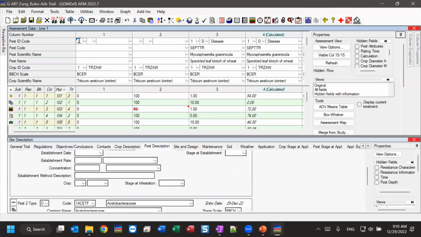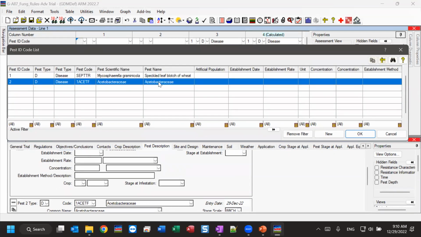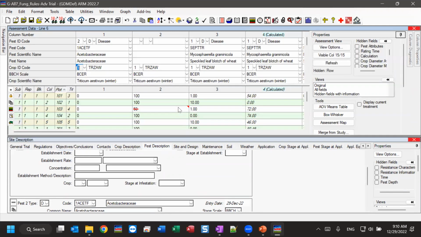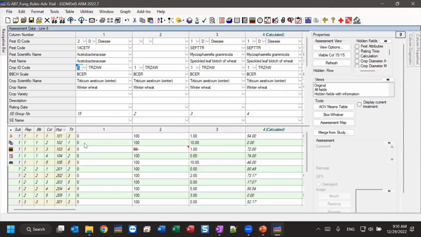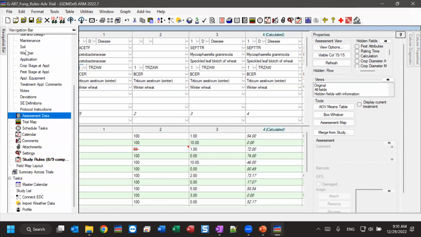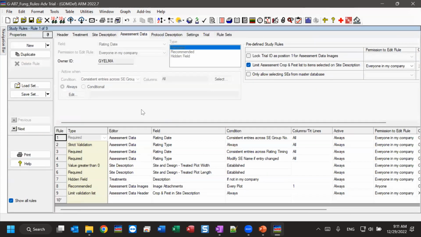So then when I return to fill in my assessment, I have that second, in this case, disease that I needed to document. So that's the goal of that limit validation list rule. Kind of less of a rule of you need to fill this in, but more of a tool or a functionality that can get turned on. And that's really a lot of the types of rules we're highlighting today, unlocking more functionality that's possible within ARM